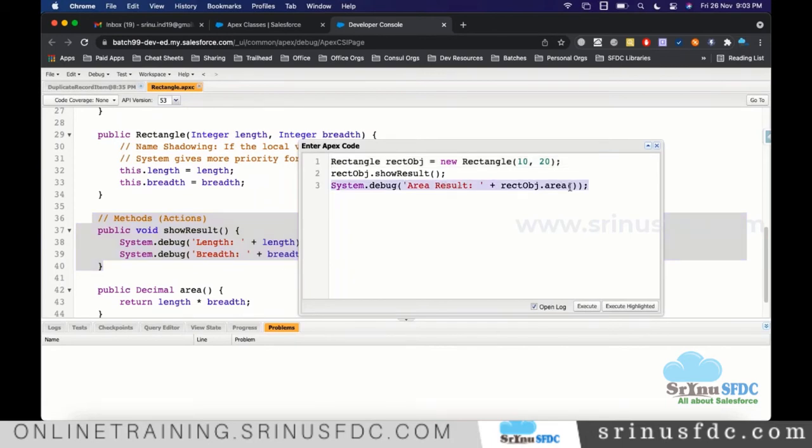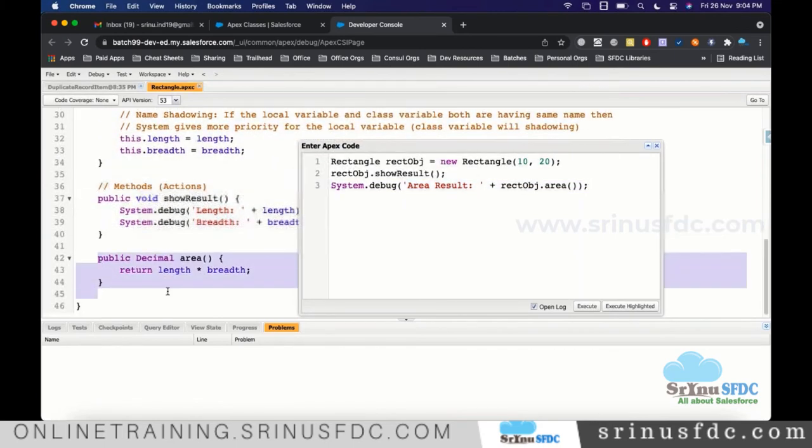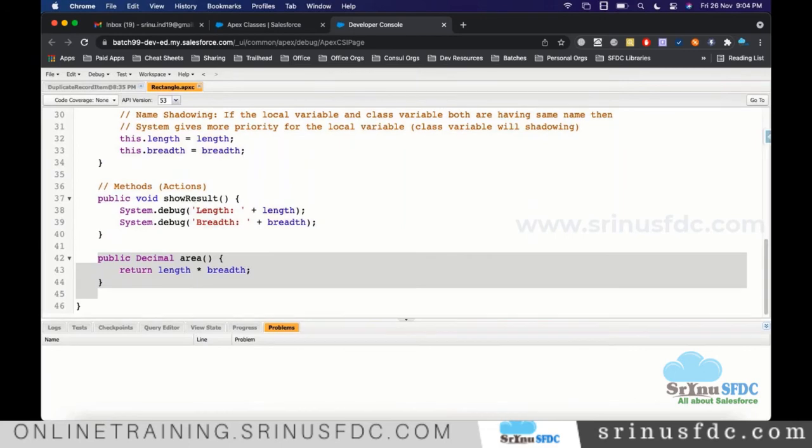After that, we call this, which internally calls the method: 10 multiplied by 20 is 200. It will return 200 and concatenate it with the string, so in the result you will see area result colon space 200. That's what will happen. Let's execute and see. I'm just executing.